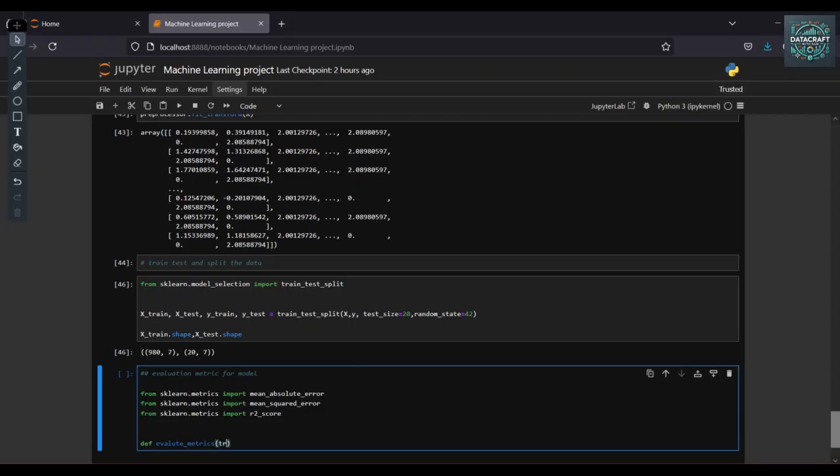I am passing here the true and predicted values, the input parameters, which are true and predicted.